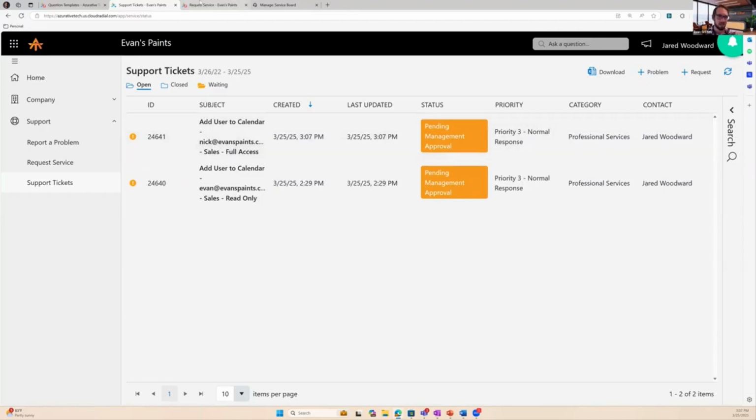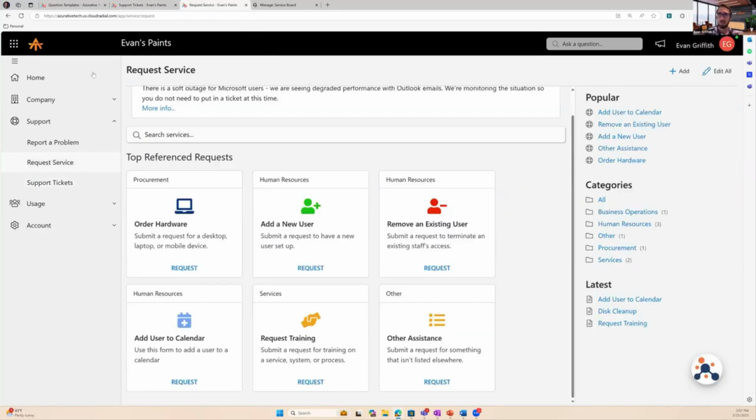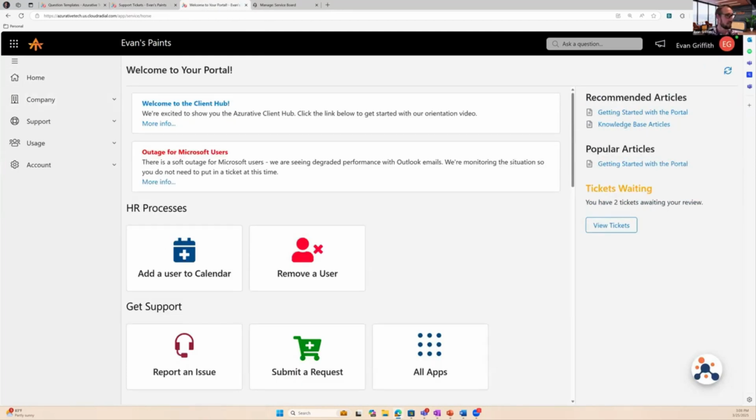Well, because we may not want to give full access right away without making sure it's approved, we created an approver experience. So when that ticket actually got submitted, what ended up happening was, if I can get